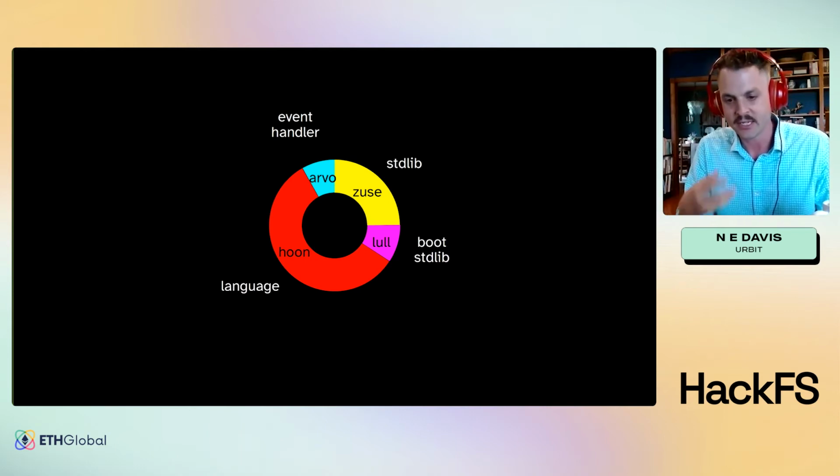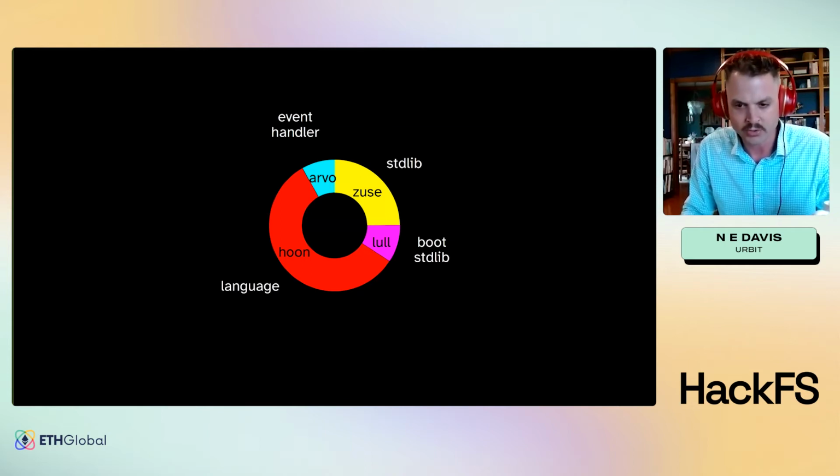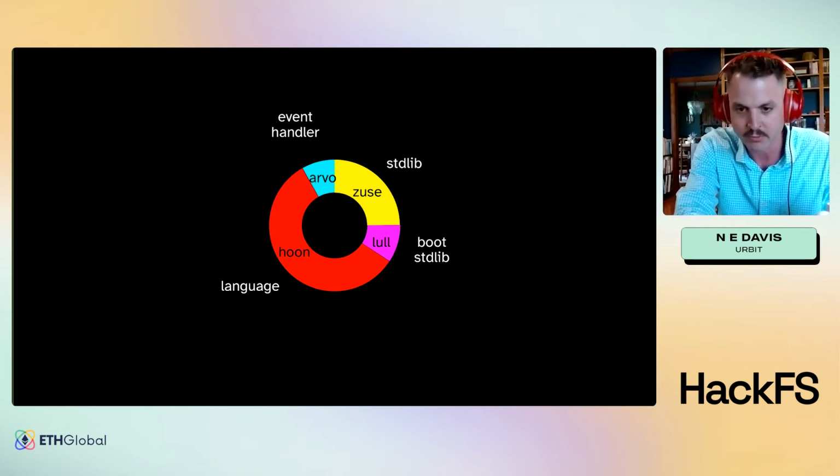Everything in it is built as a binary tree, so everything in it is a leaf or a pair of nouns. And we have lots of materials on that. If you find yourself needing to delve into the language, it's kind of a refreshingly different way of thinking about language construction. And I've found it to be a helpful and rewarding way of thinking about what's going on with this.